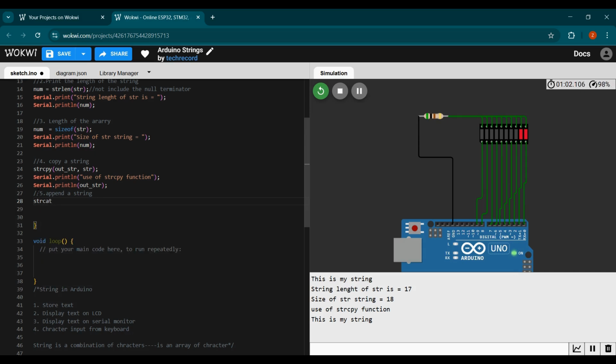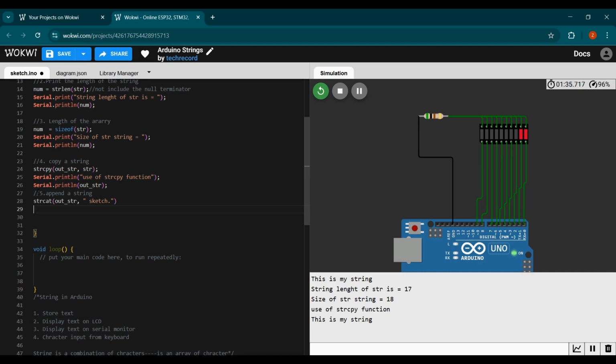Strcat means string concatenation, and the string we want to concatenate is out_str, and what we want to append is, we will give a space, then we can add a word. Let's say we want to add the word sketch in my string. So let's add a dot, and after the concatenation, after the appending of the sketch, let's print line out_str